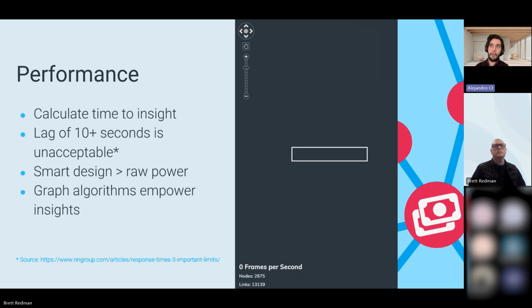Whereas the raw power of the software development kit that's being used to build a link analysis tool is an important dimension to this, I often encourage teams to think about the design principles being applied to ensure that data can be loaded, as I mentioned, either iteratively or by focusing on the information that's actually relevant to the investigation at hand. People can also leverage pre-designed graph algorithms that are informed by graph theory and investigations to get to those insights quicker. And I'm going to welcome you over to my desktop and show you an example.